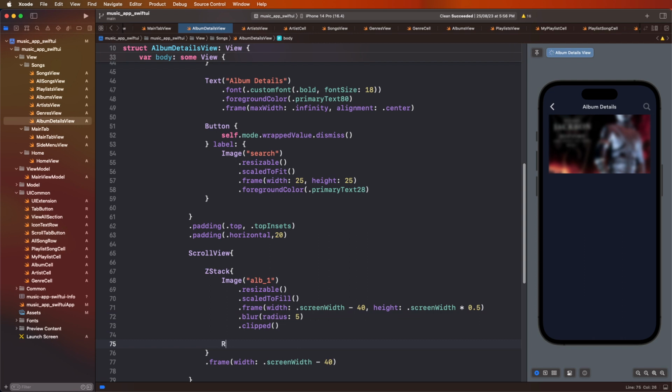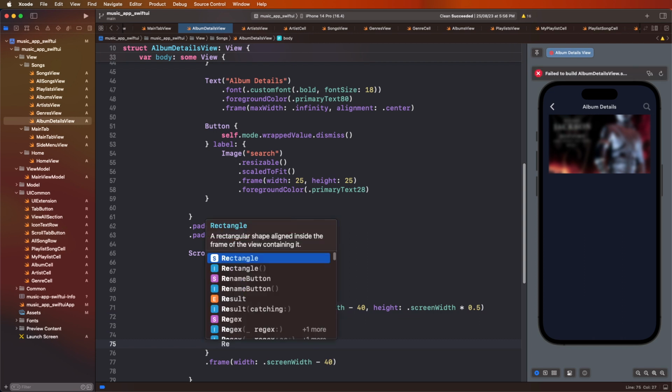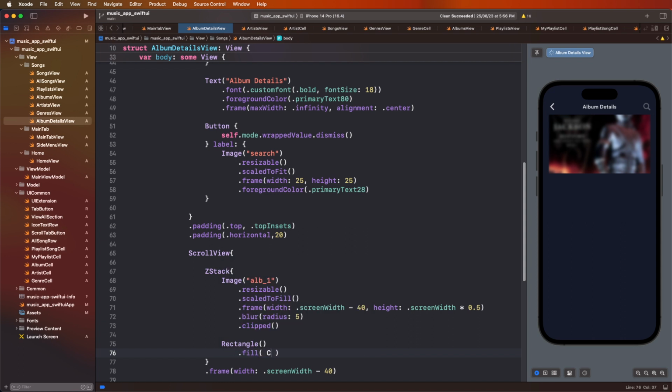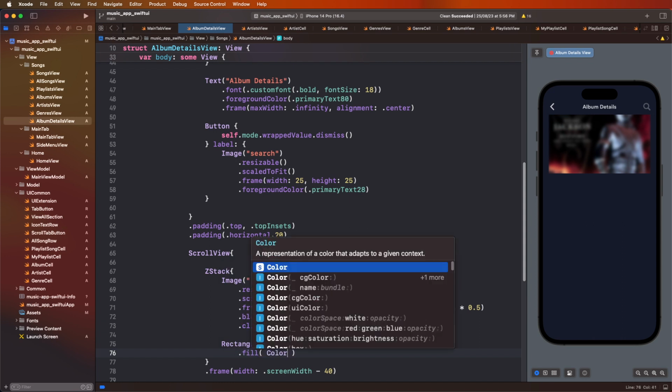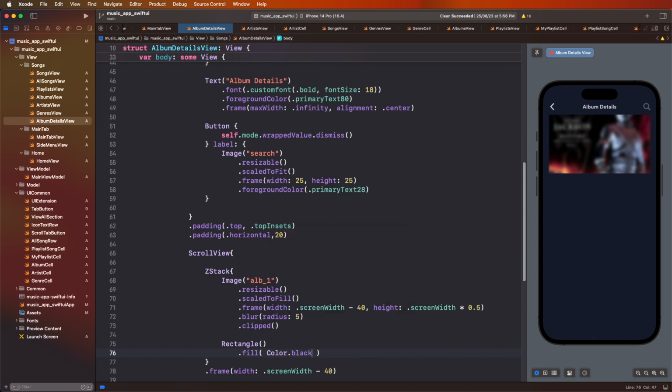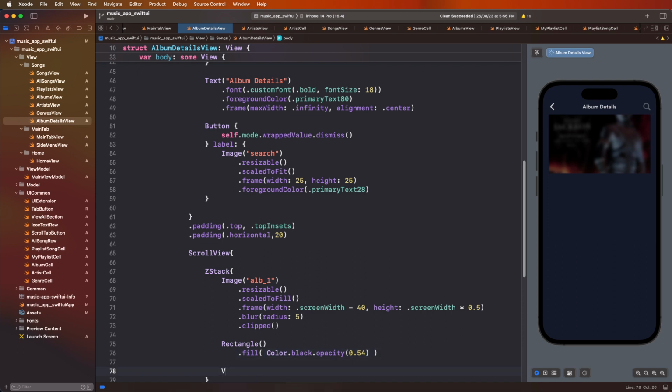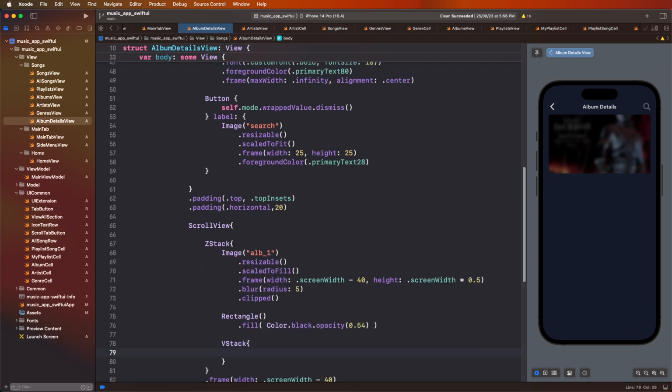We need to create the rectangle, and set the fill color. We need to set the color black, and give the opacity 0.34. Need to set this here, and now we need to create the stack. We need to develop here. Inside we need to create the